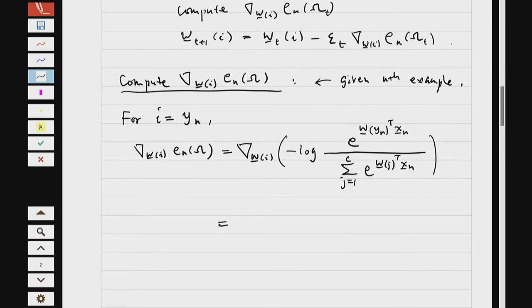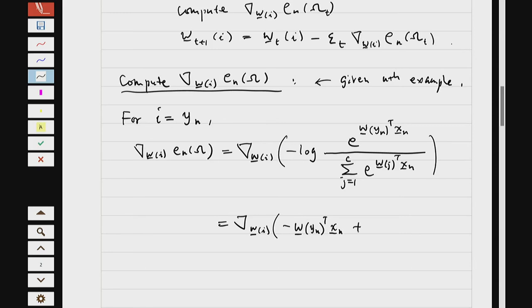So with the softmax, we have a numerator that's e to something. When we take a log of this ratio, we can break it down as the difference of two logs. And then the log of e basically just gives you the exponent, right? That's why we want to break it down first. So you still have this nabla of Wi, and then the first term would be minus just the exponent of the numerator, because the log of e